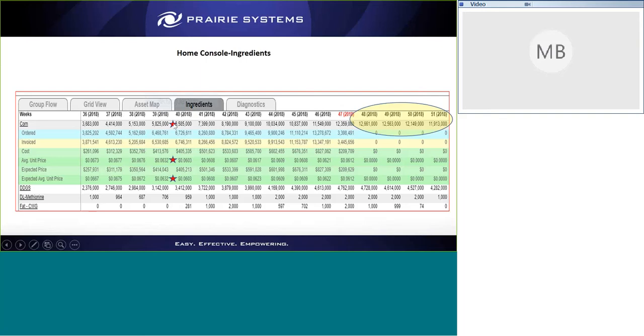In addition to the forecasted usage, the actual ordered and the invoiced quantities of an ingredient, we do show information about the cost from those invoice records. So we have the total invoiced cost, the average unit price, the expected price, and the expected average unit price. So those unit prices come from the invoice records and then also the ingredient and drug price records that you put in the system that tell FAS what your expected prices are. That's why we do require those prices to be put into the system so that we can give you that